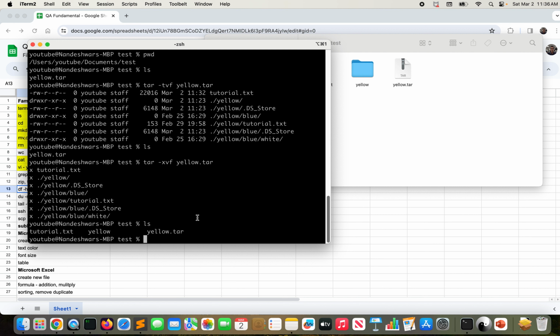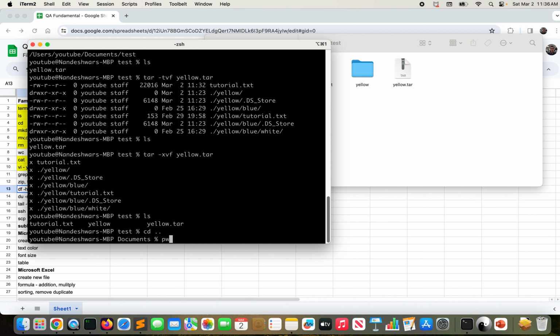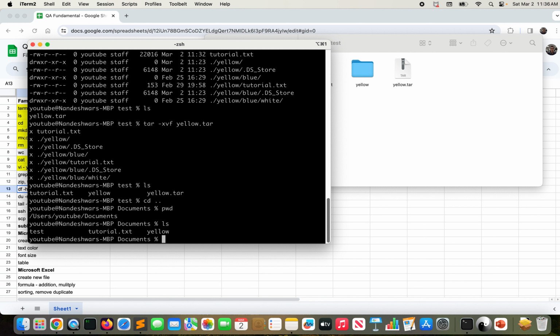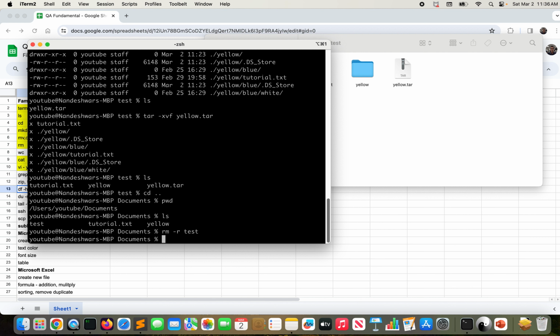In the zip command, see the one more last operation. In a zip command, if you want to give a password for your zip file, so that someone cannot unzip unless he or she gets your password, then you can implement the password over there. So let's see how to do that. First I will come out of the cd, my present working directory is documents, I'll do the ls, I will remove rm test. So that test got removed,